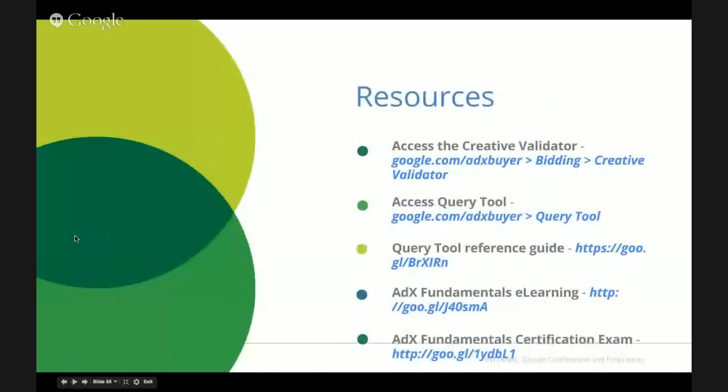So if you wanted to access the Creative Validator, I think there was a question on that actually, you can just log in, and if you click the bidding tab on the left-hand navigation, there should be a Creative Validator. Likewise, if you wanted to access Query Tool, if you log in on the top navigation, there should be a